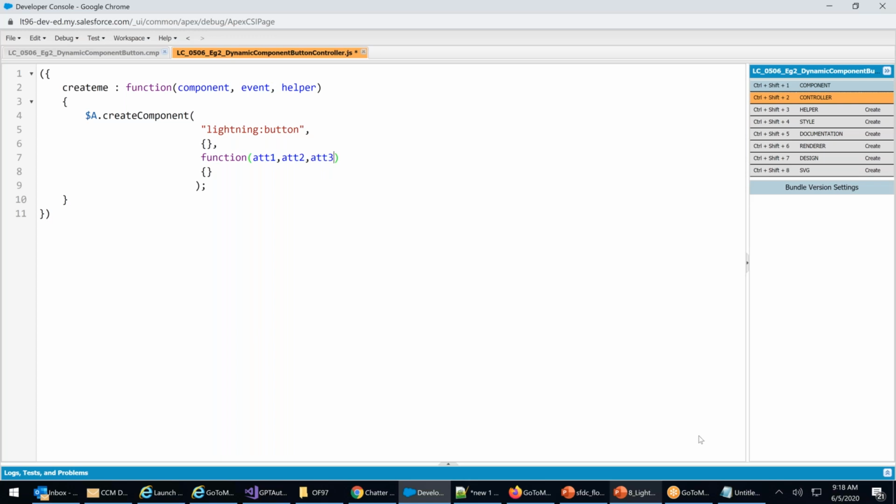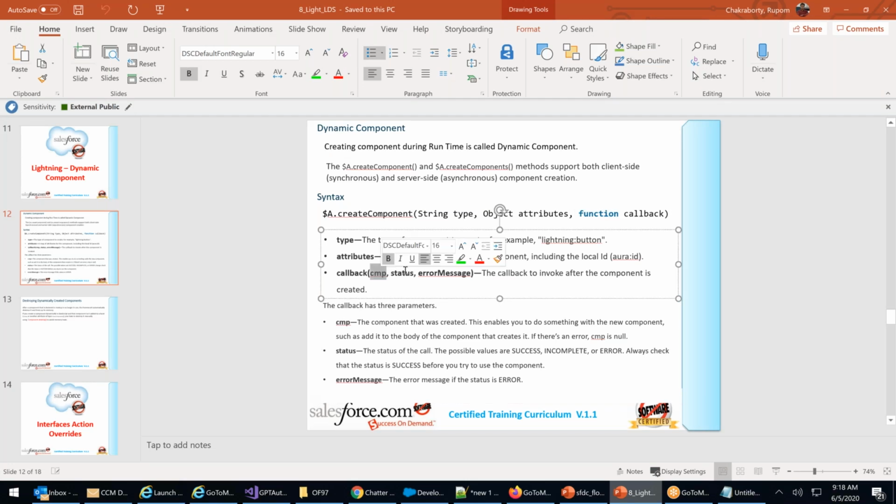What are those 3? Component, status, error message. Create component has 3: type, attribute, callback. It's a function. On the callback again I have 3: component, status, error message.